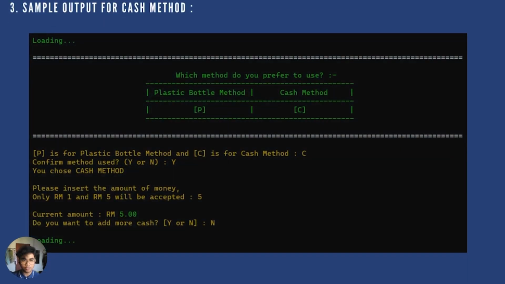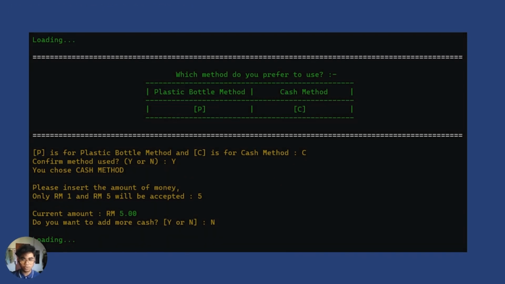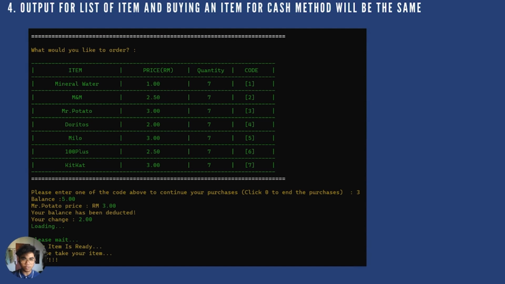as for the sample output for the cash method, the user has to insert the letter C for the cash method and confirm, and it will accept 1 ringgit and 5 ringgit only. If else, it will be rejected, and you will calculate your amount. And this is the output for the list of items, and buying an item for the cash method will be the same because the machine provides the same items, and then